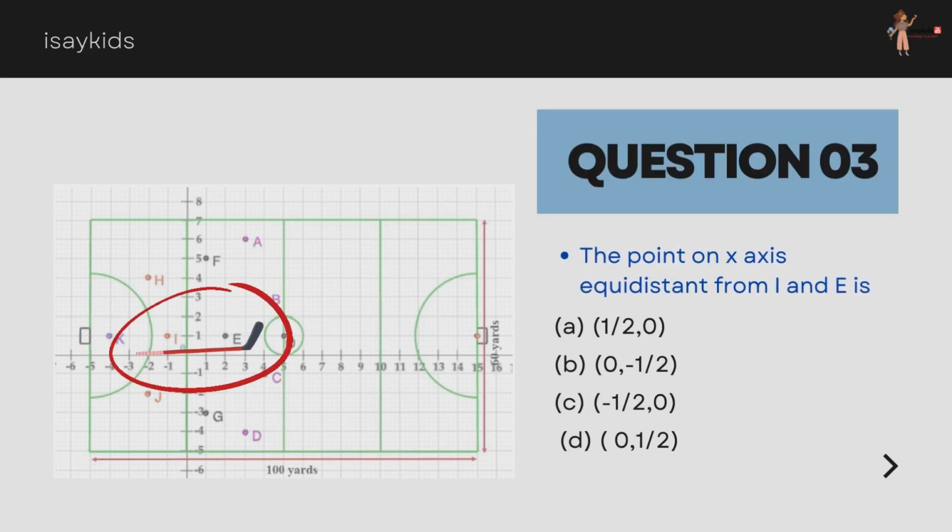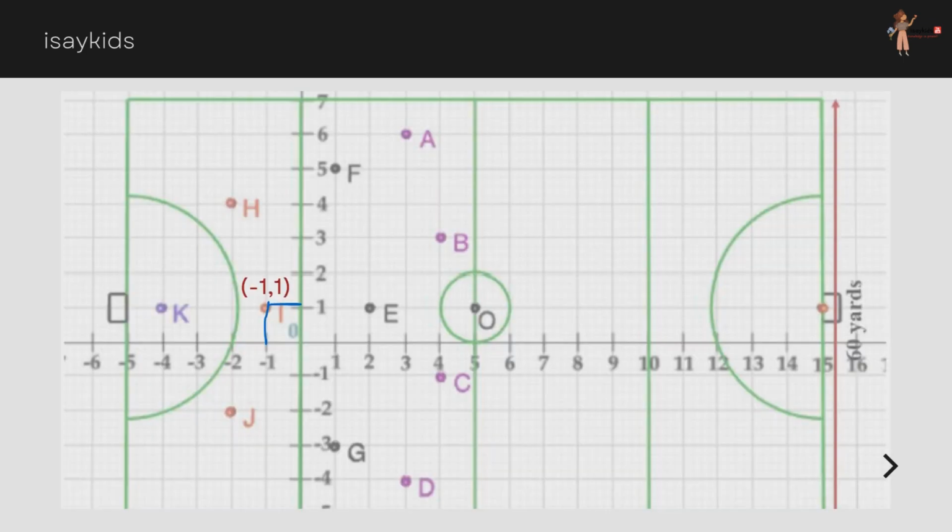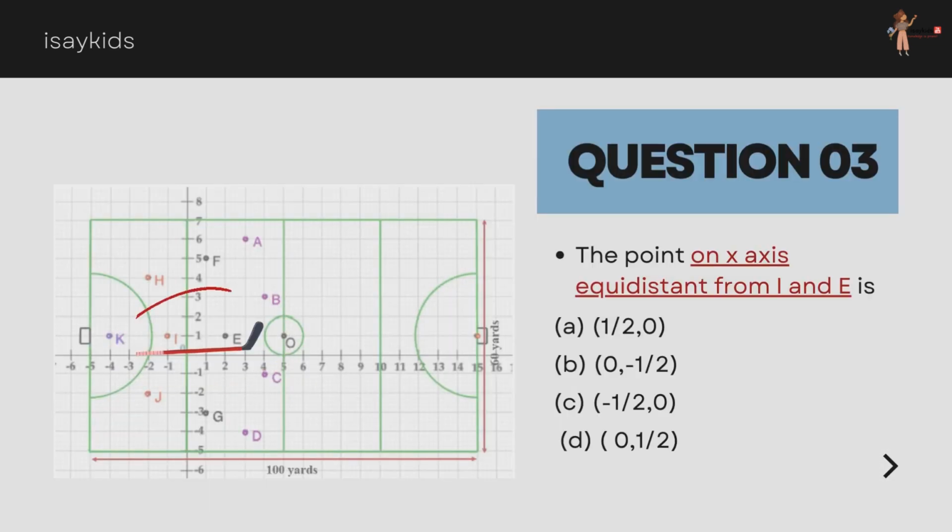Next is, the point on x-axis equidistant from I and E is. Let's see the coordinates of I and E first. I is minus 1 comma 1 and E is 2 comma 1. Now we need to find a point on x-axis equidistant from I and E. Since it lies on the x-axis, that means the y-coordinate is 0. Let the coordinates be x, comma 0. Now using distance formula,